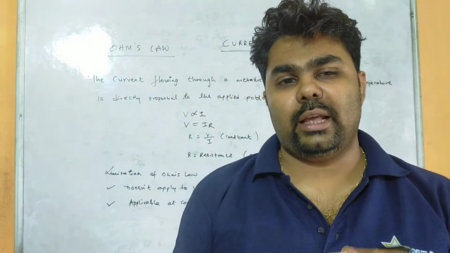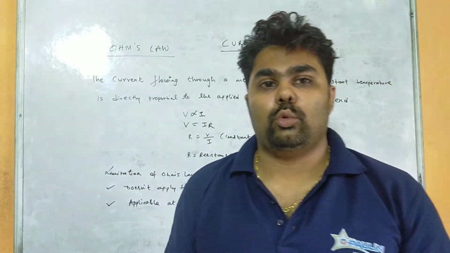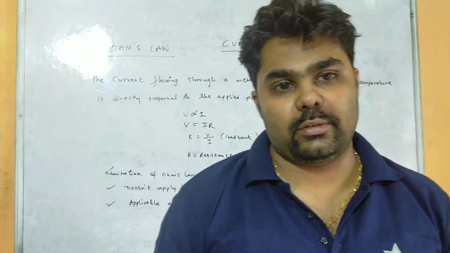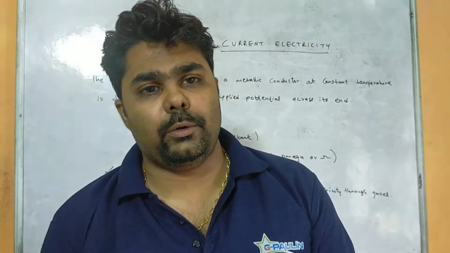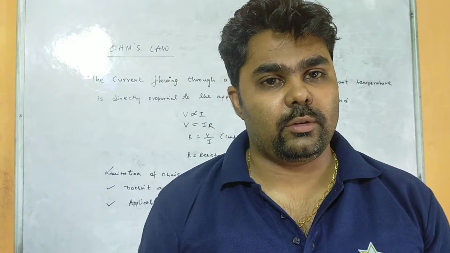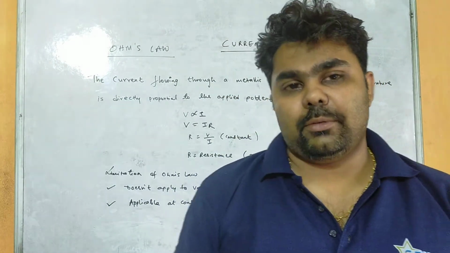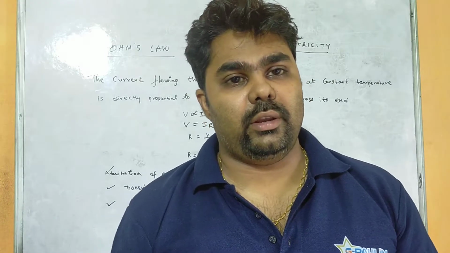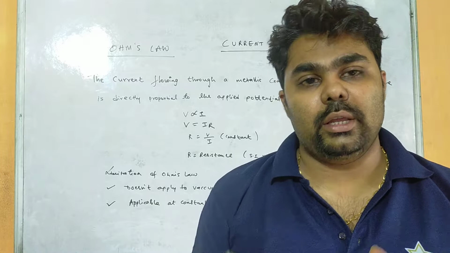So therefore the current cannot flow as easily as in the previous case, right? So we say that as the electrons or the current cannot flow easily through the conductor, there is a production of resistance. So obstruction to the flow of current, we say that is resistance. So what will be the unit of resistance? That is omega. Also we have seen the reciprocal of resistance is called conductance.